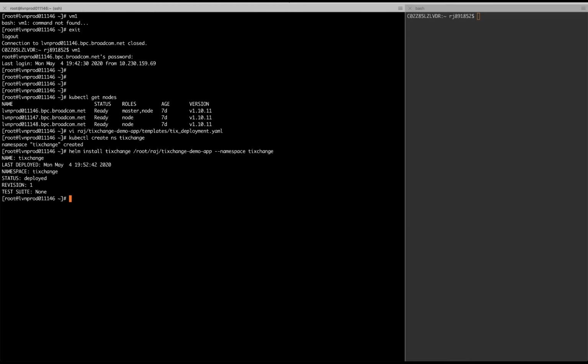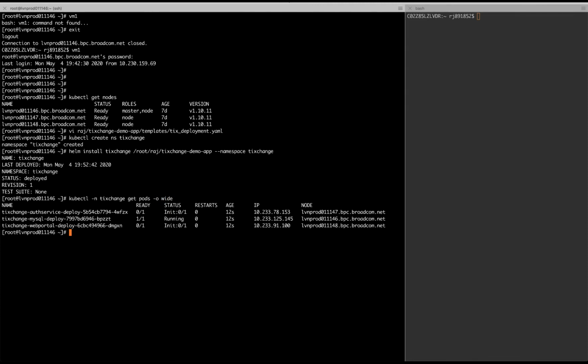Okay, so Helm has done its work. Let us see what's happening in the TixChange namespace. All right, so if you notice, the web portal pod is deployed on node 48, whereas the authentication service pod is deployed on node number 47.